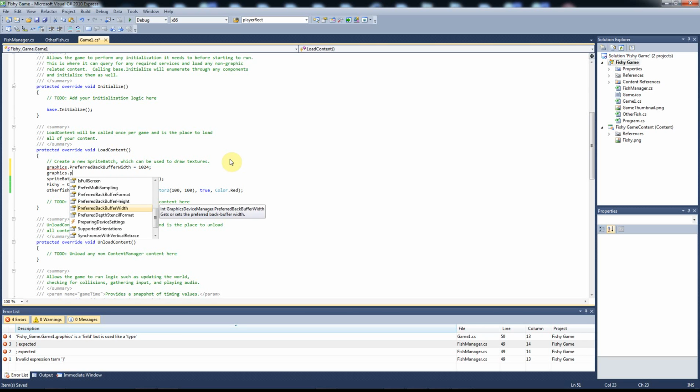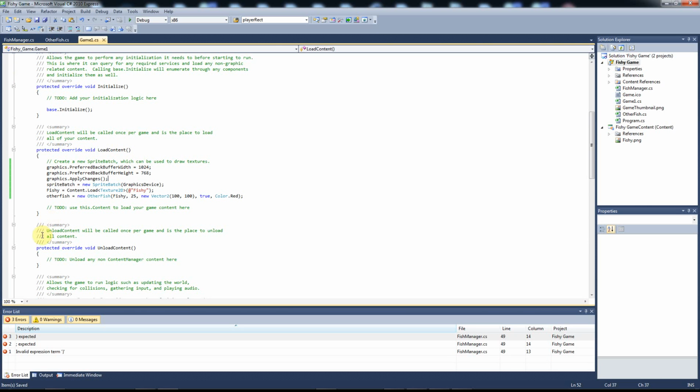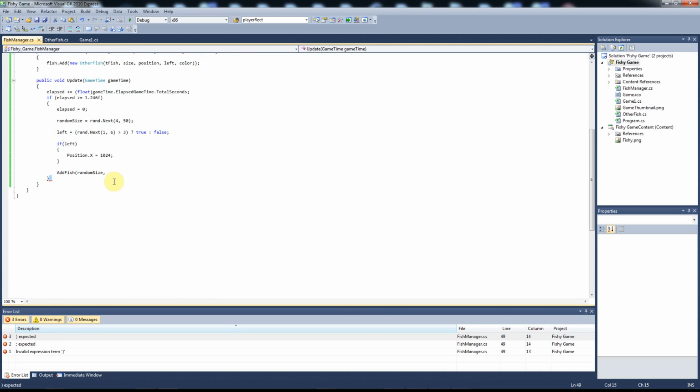Graphics dot preferred back buffer height equals 768. Graphics dot apply changes. There we go. Go back over here. Just so we can get 1024